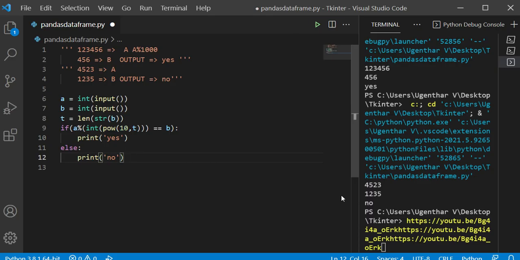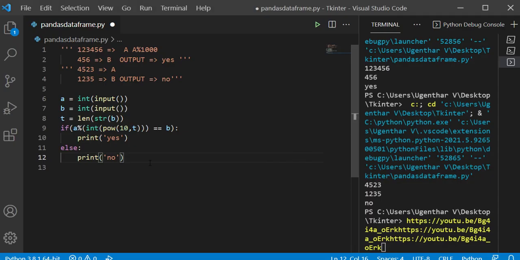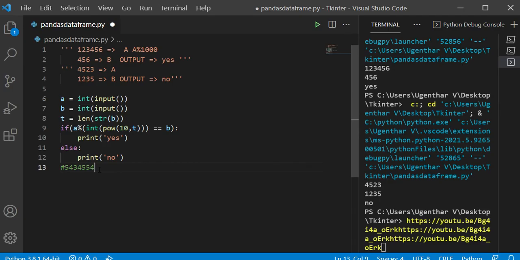Now let me check the output for the given example in the question. They have given 4 5 3 4 5 5 4 as the first input. The other input is 5 4 3.